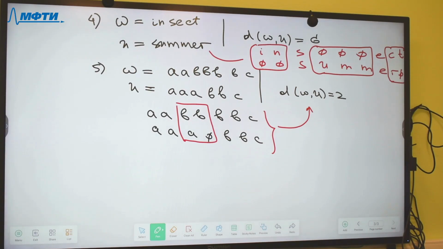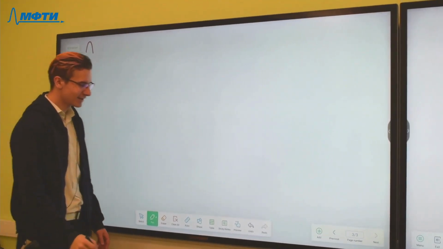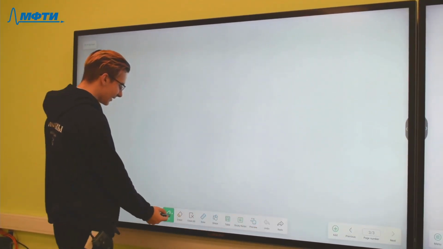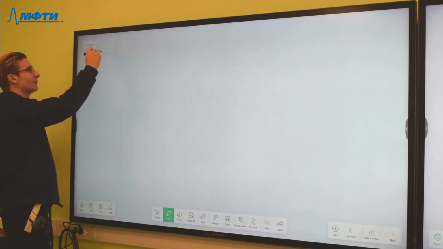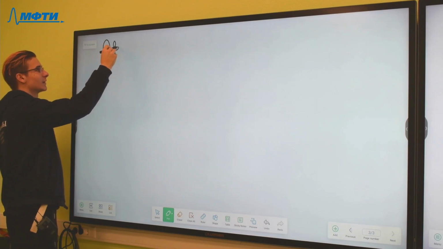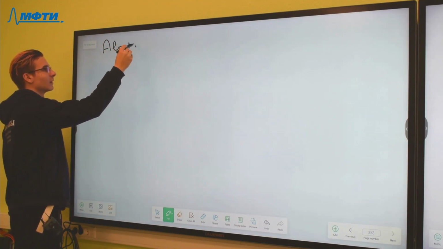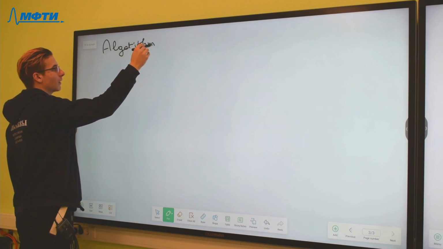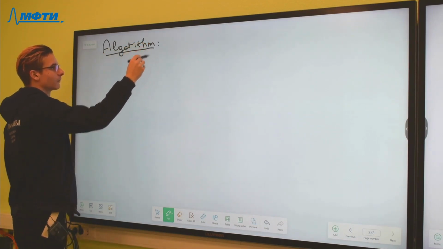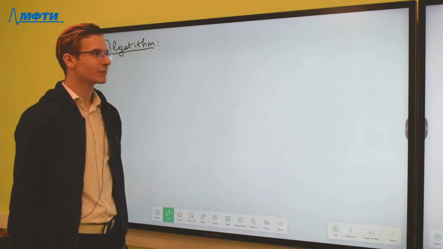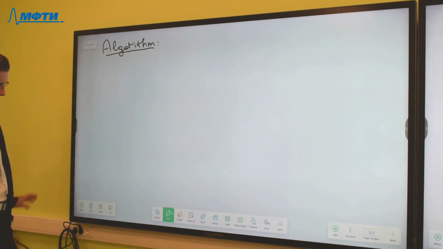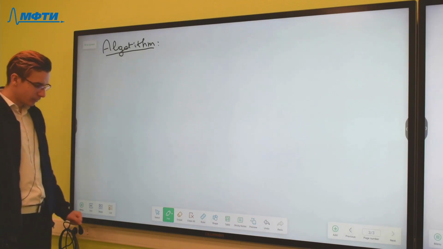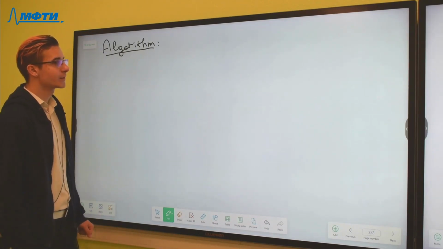It's better to understand what is the algorithm than to understand in a common way how to find the distance, because the algorithm is more simple for us to understand than empirical ways to understand it. Because firstly, we can say that if we have two words,